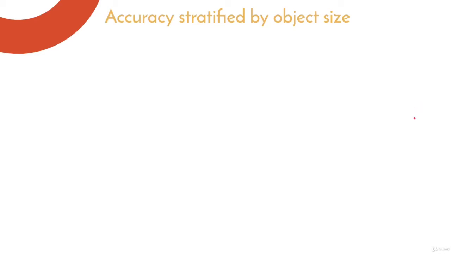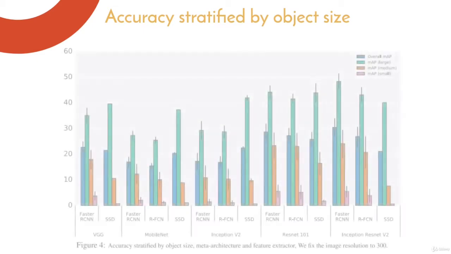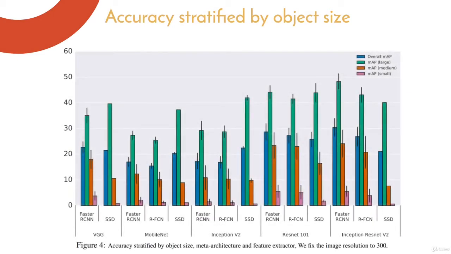Another thing that you should consider when choosing your object detection model for your specific task is how the model performs with respect to the object size. By object size here, we mean the size of the object that you want to detect in your image. So in that same referenced paper, they have made these experiments here, and they have given us these graphs that